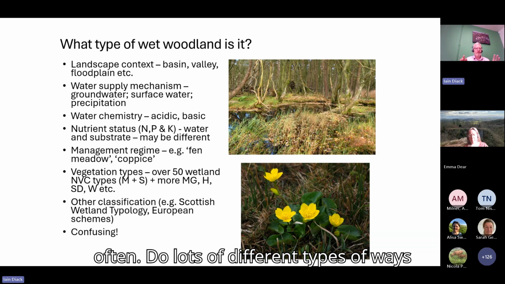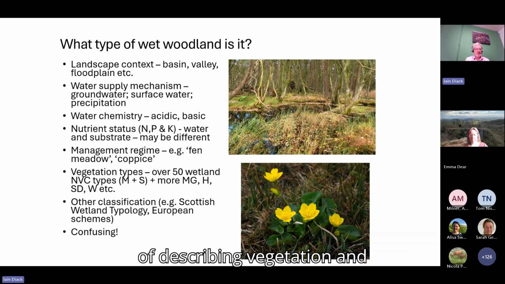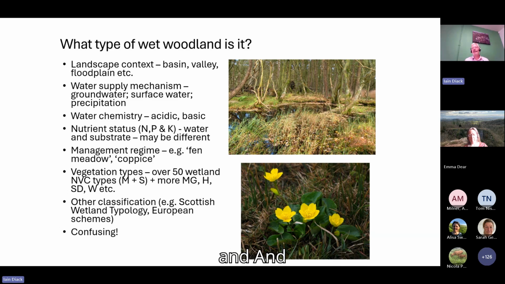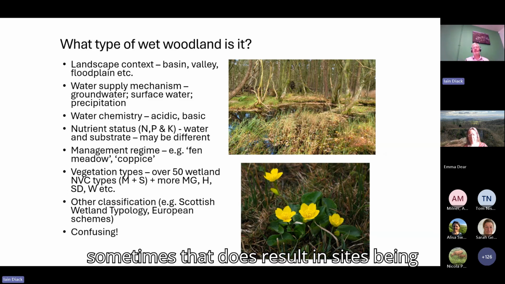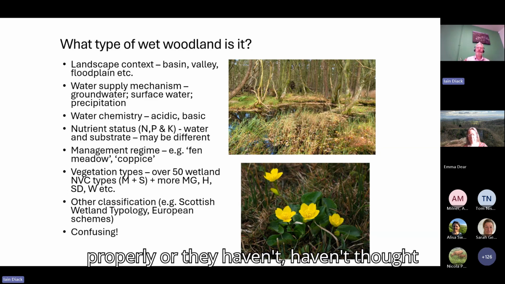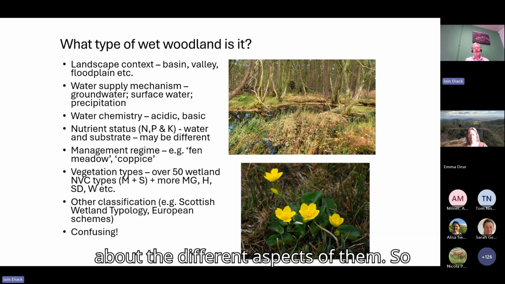There are lots of different types of ways of describing vegetation and various other classifications, all of which is confusing and leads to misunderstanding and misclassifications. And sometimes that does result in sites being damaged because they're not described properly, or people haven't thought about the different aspects of them. So